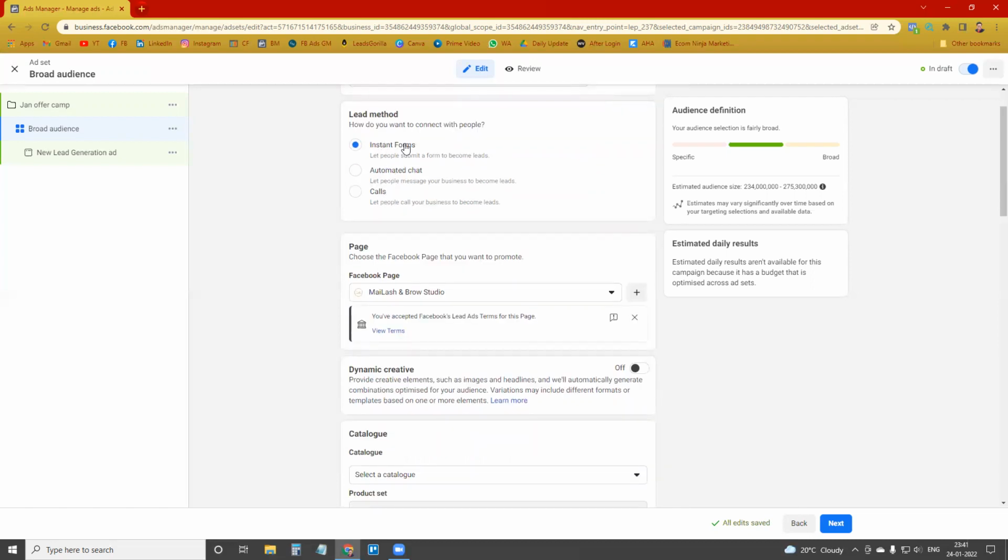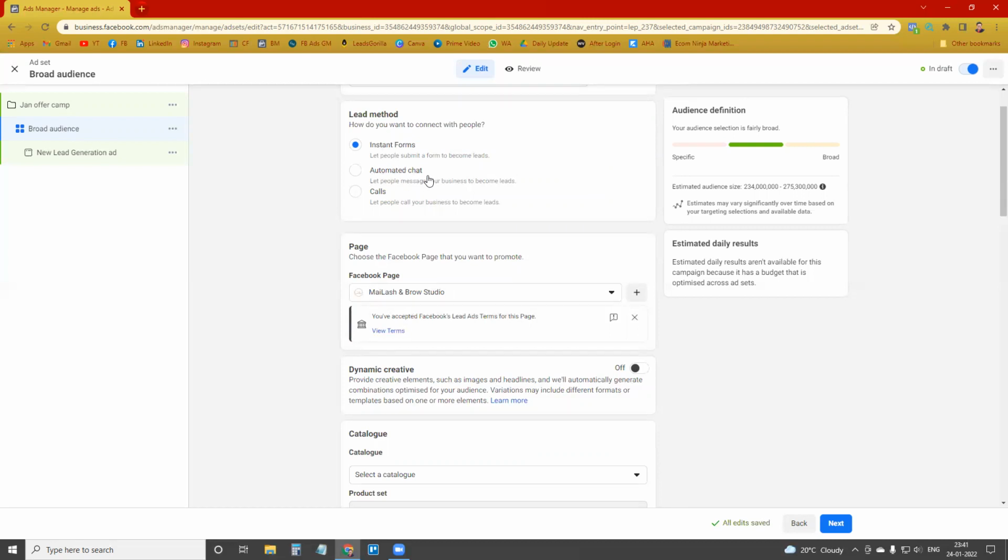Then there are three options. First is instant form. Facebook will tell you to create a form so that people will put in their information, and you can collect some data. The second is automated chat. You can collect leads data through automated chat.